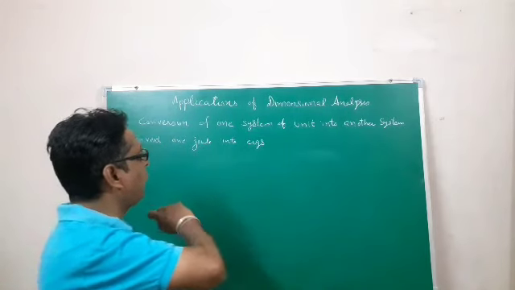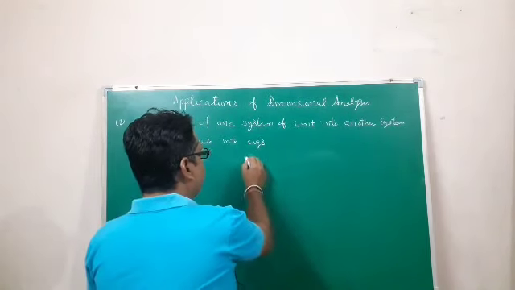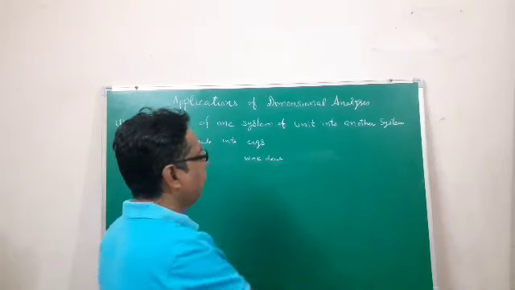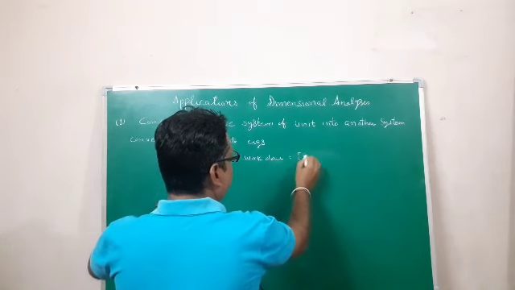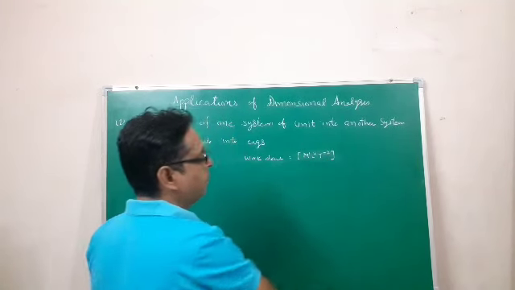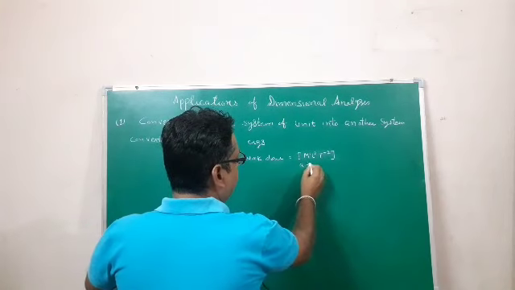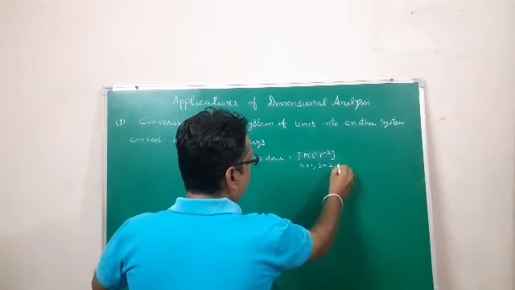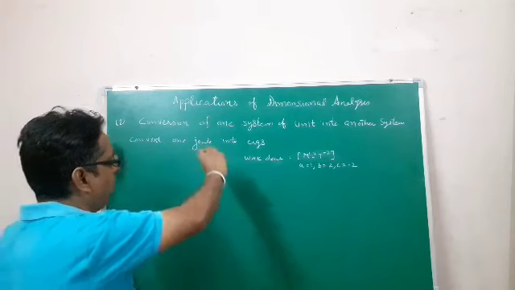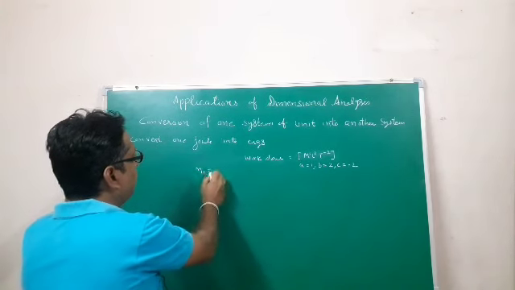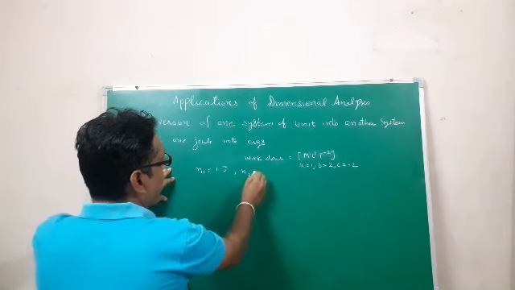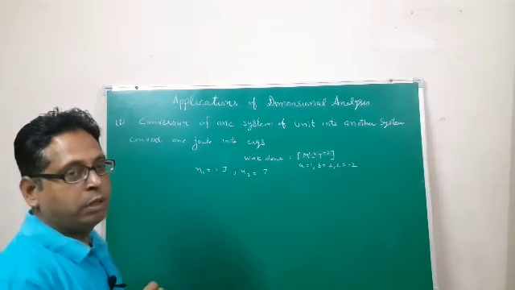So you know this joule is the unit of work done, or you can say energy also. So its dimensional formula is M1, L2 and T minus 2. So if we compare it, a is equal to 1, b is equal to 2 and c is equal to minus 2, right? So let n1 is equal to 1 joule, this is given to us, right? And n2, this is to be found out, right?